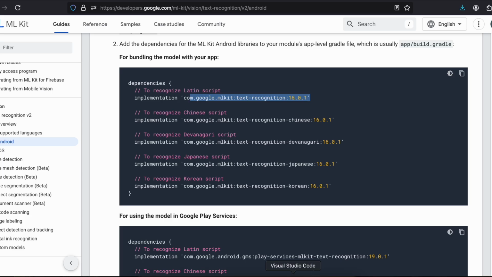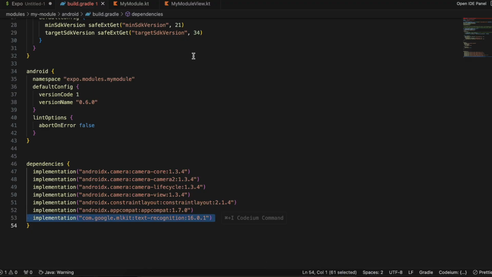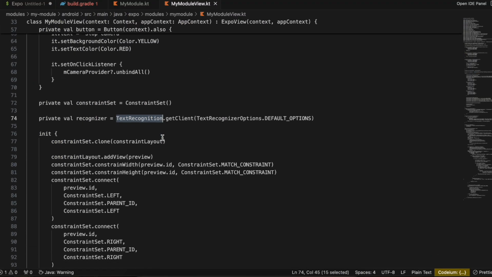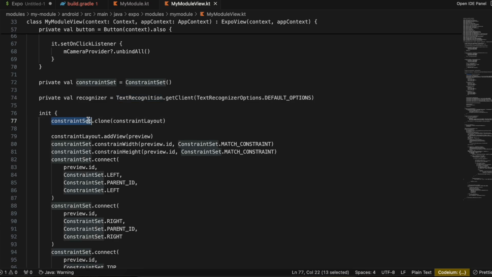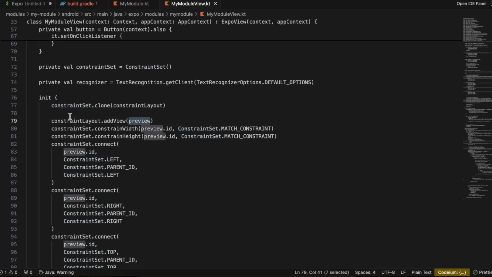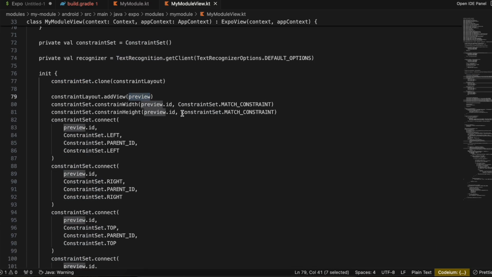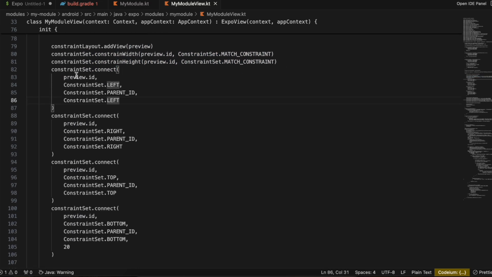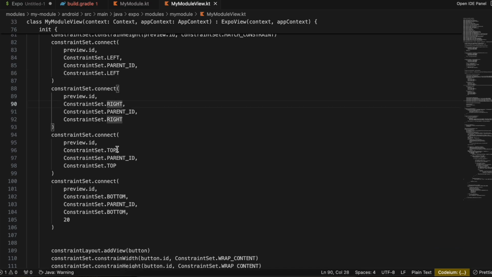That's what I'm using, so feel free to use whatever you feel like. So yeah, then here we're just setting the constraint set. We are adding our preview to our constraint layout. Then we are occupying the entire width and height, then setting the constraints. So to the left of the parent we are setting, then to the right, then to the top, and then